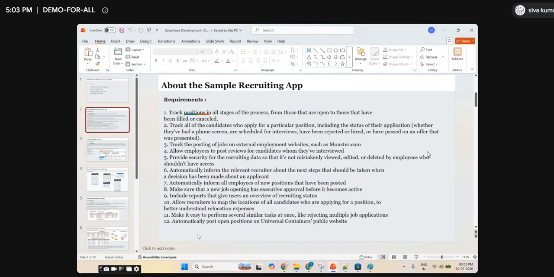We'll analyze each requirement, and as I told you, there are two types of development: declarative development and programmatic development. Declarative development we call configuration. That means we just do the configuration, no coding required. And if any coding is required, we call it customization. We'll analyze all these requirements tomorrow and see whether each requirement will go with configuration or customization.